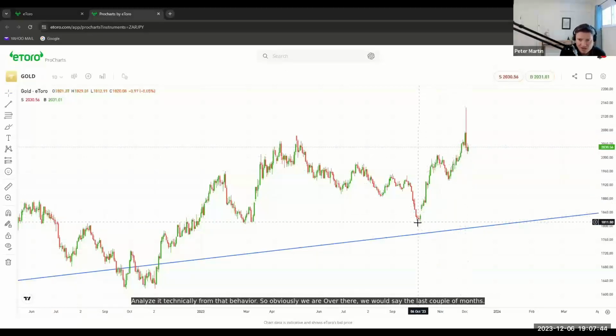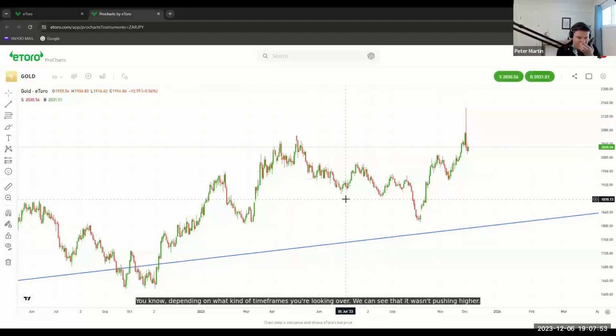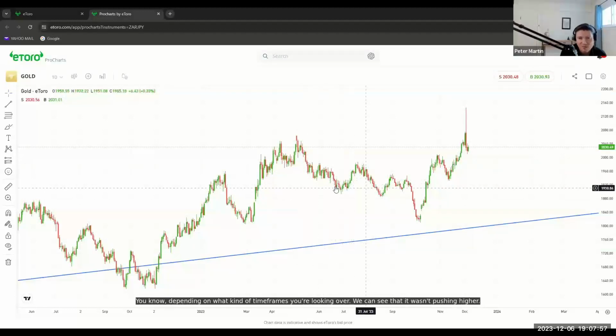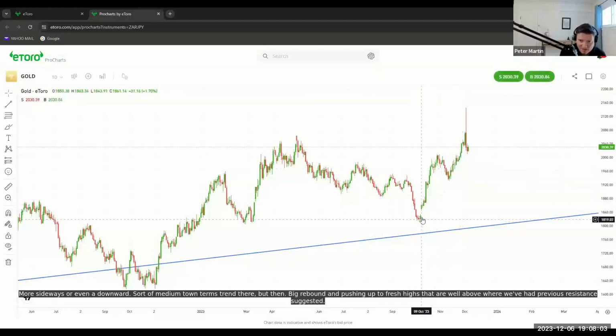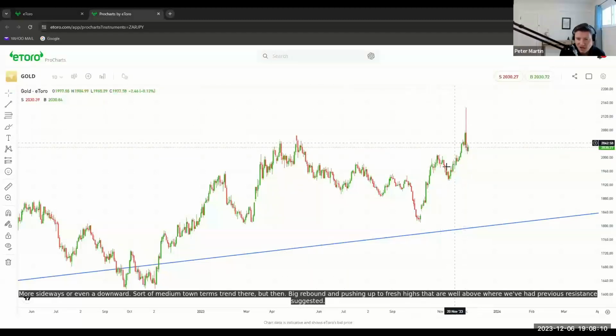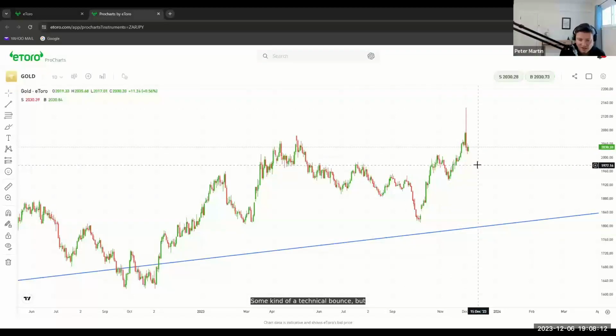So obviously, over the last couple of months, depending on what kind of time frames you're looking at, we can see that it wasn't pushing higher. It was more sideways or even a downward medium-term trend, but then a big rebound and a push up to fresh highs well above where we've had previous resistance, suggesting some kind of technical bounce. But